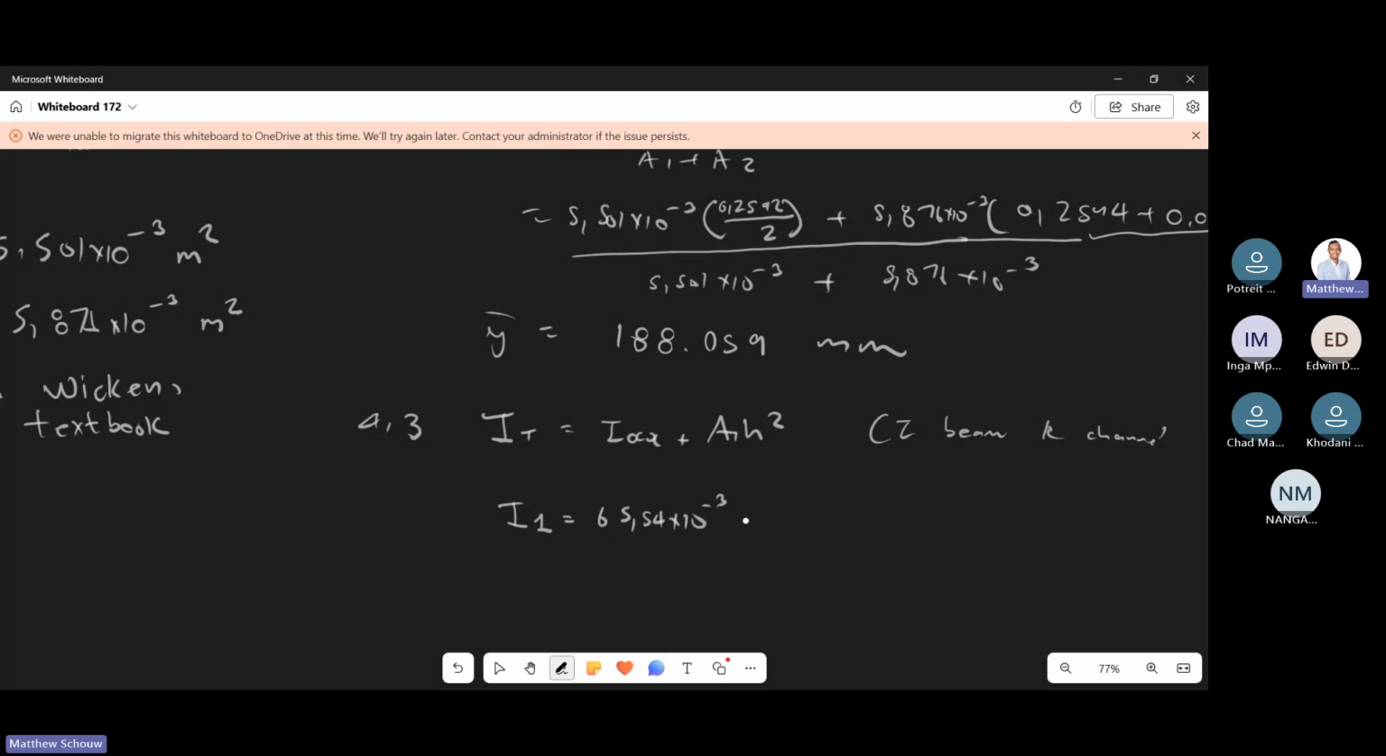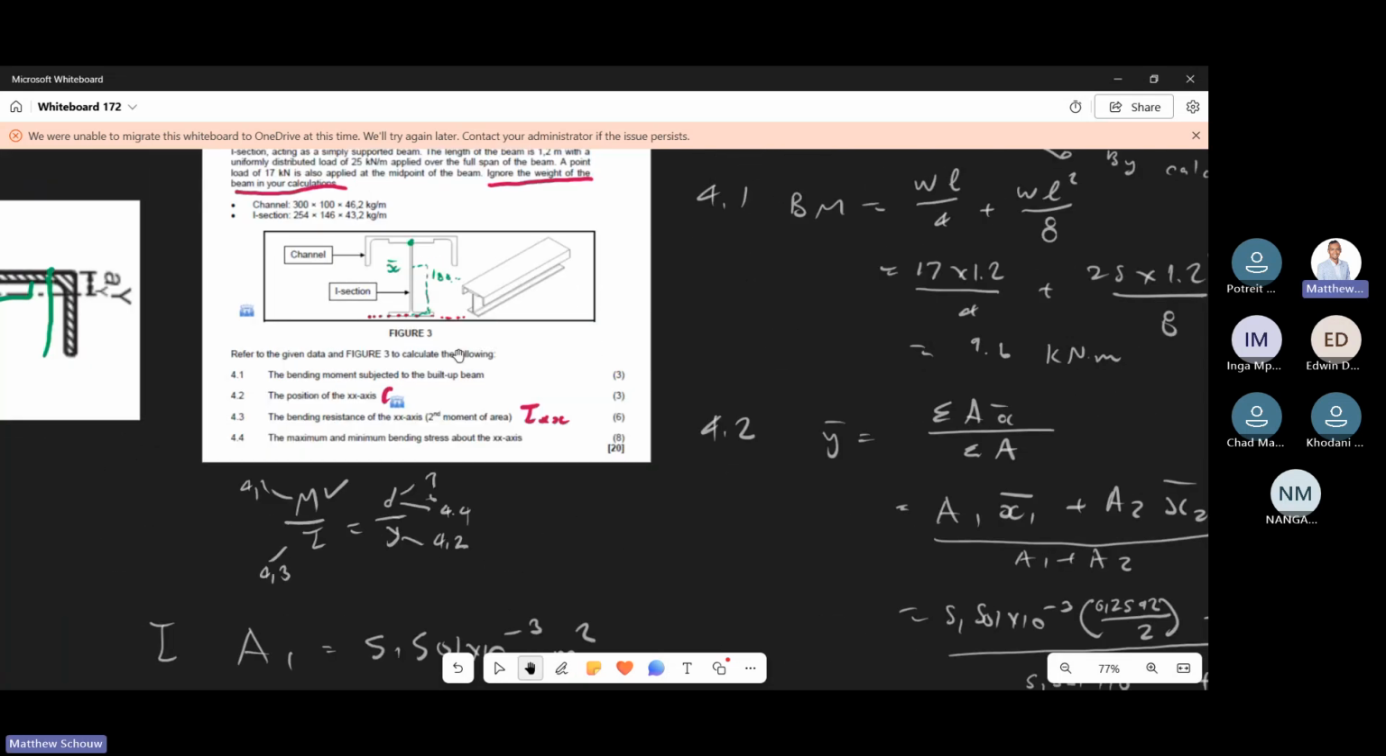Area 1 we have already, right? Which is 5.501 times 10 to the negative 3. Okay. Let me have this H value. So guys, what H is, or H1 if you want to call it, is